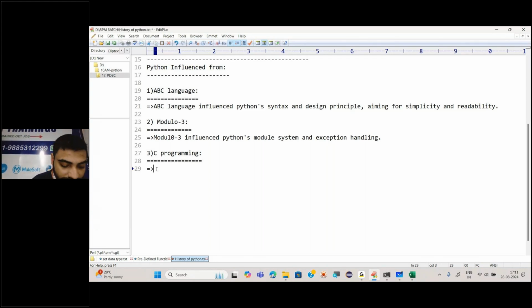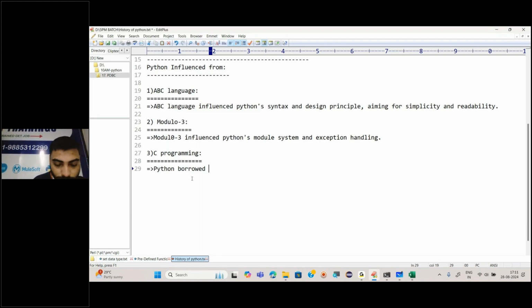But there also Python has a bit more simple syntax as compared to C programming. Python borrowed expressions also, more simple expressions, right? Simple expressions and so on. Lots of things we have, right?